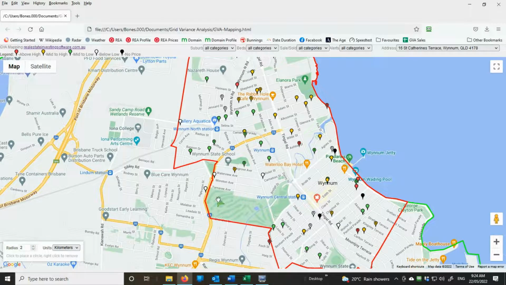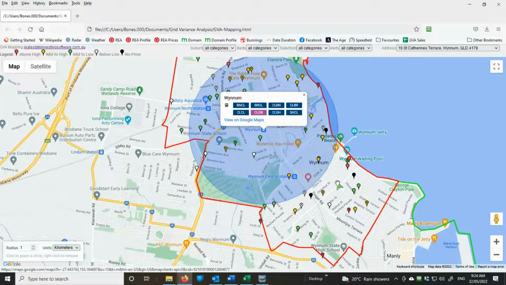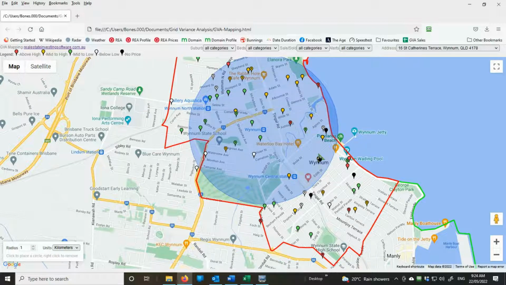There's one other feature, and that's the ability to draw circles on the map. So Wynnum, for example, has a railway station somewhere. I never remember where it is, but it's down here somewhere. If we wanted to find out all of the properties within a 1 kilometre radius of the Wynnum railway station, we can just click there, and after I've changed that to 1, it'll just give us a circle around the